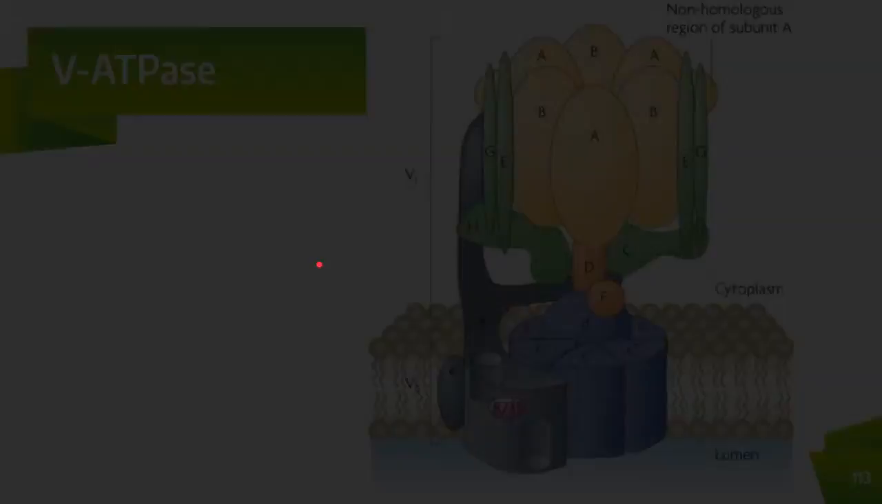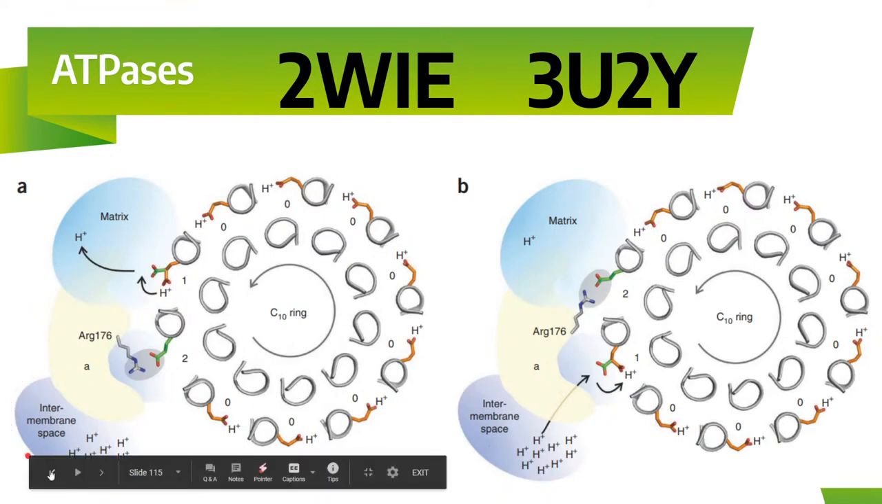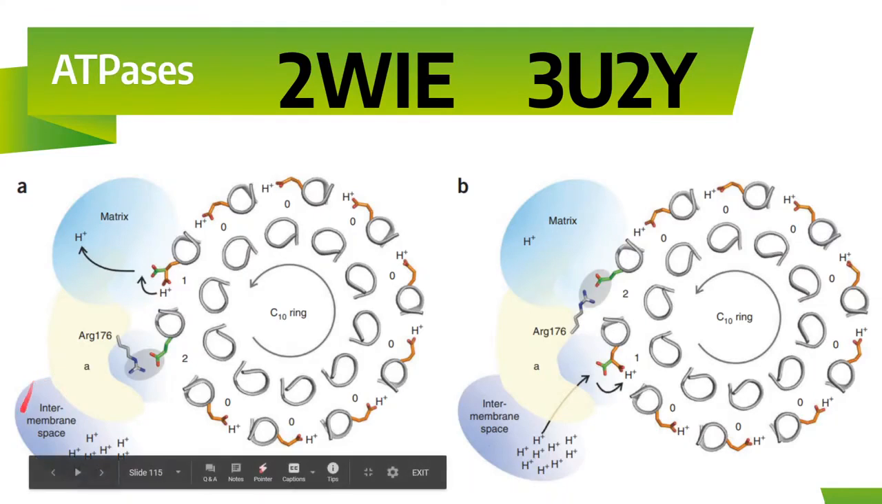Okay, so if we go back, this part, right? Now we have a lot of protons in the intermembrane space, like I told you about. Because of using glucose, all the protons are transported outside. So the concentration of them is very high. So now,